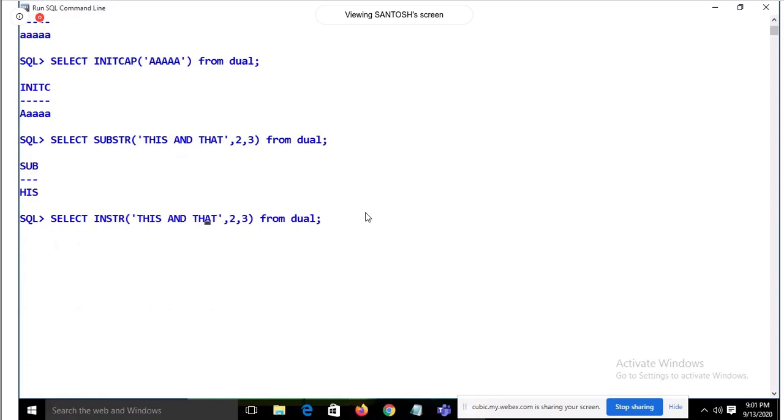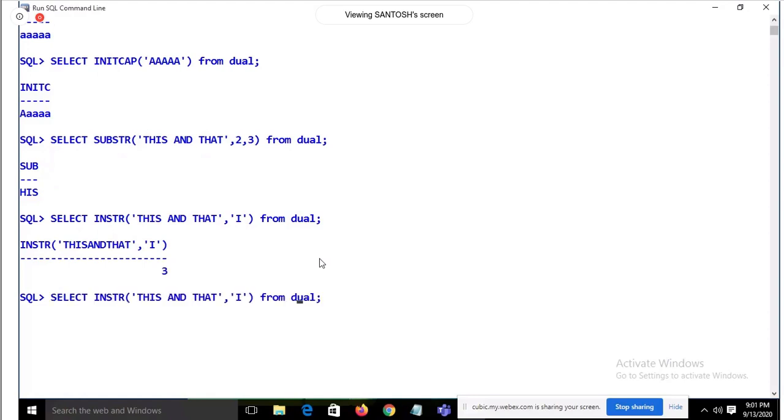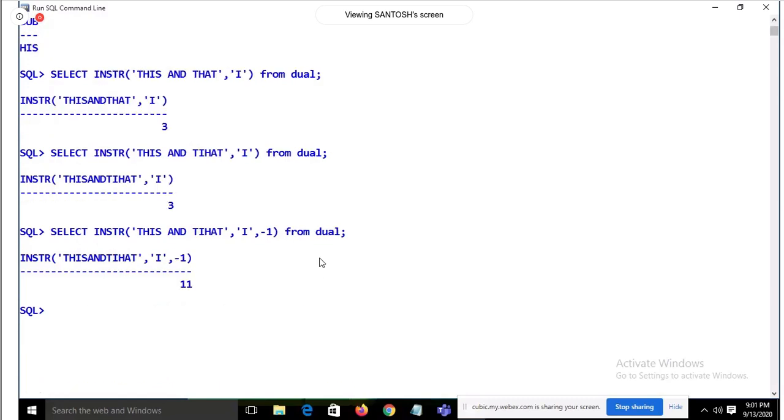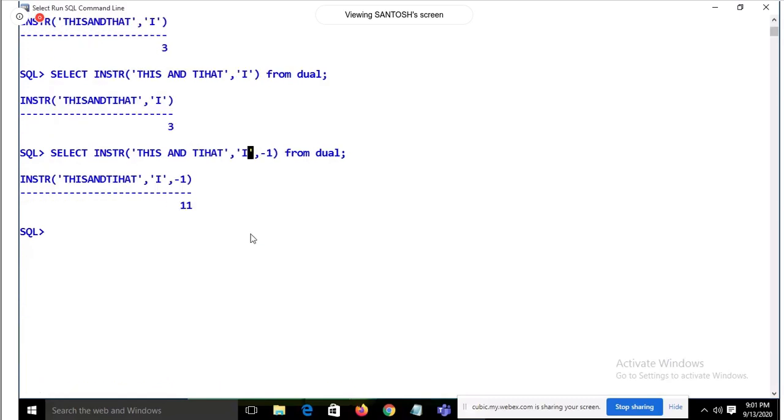In a string, it will search the position of the first occurrence. The position for I is 3. I'm just going to put I over there. Still, it will display the first occurrence. If I want to get the last occurrence, we can use comma minus 1. Then we get the last occurrence.